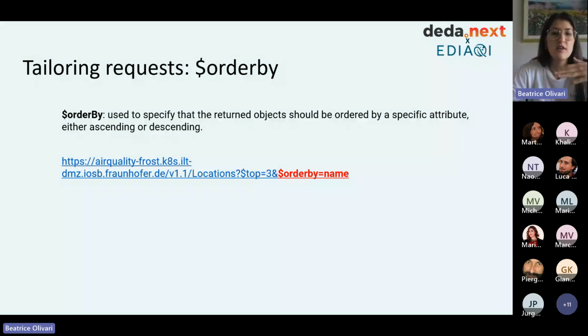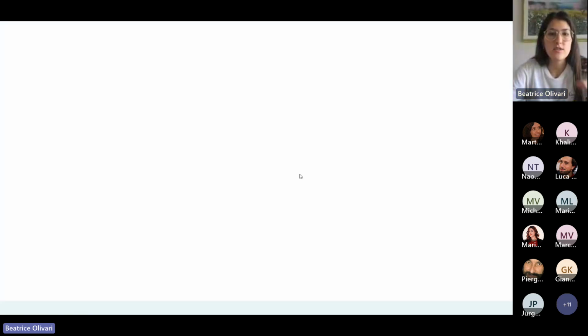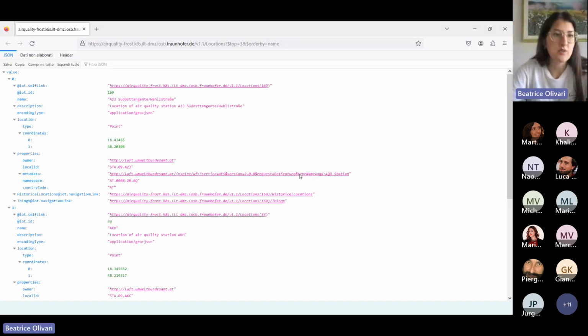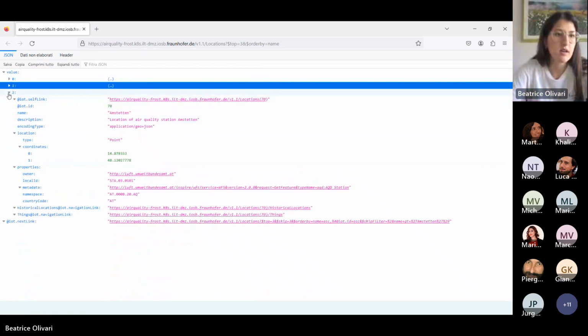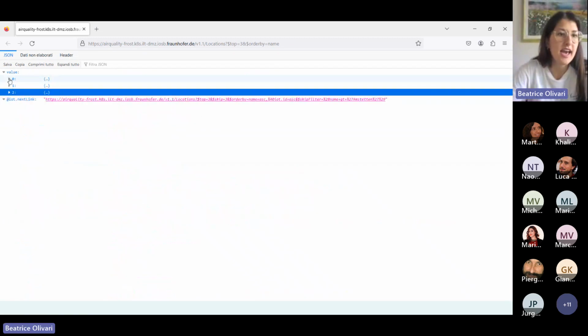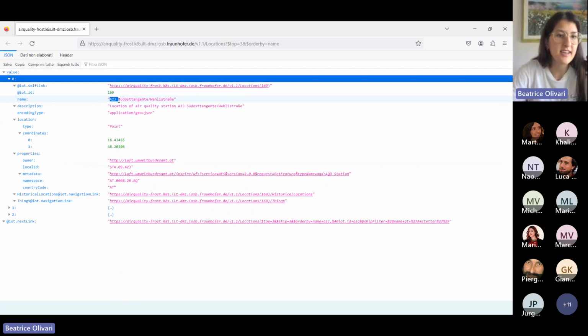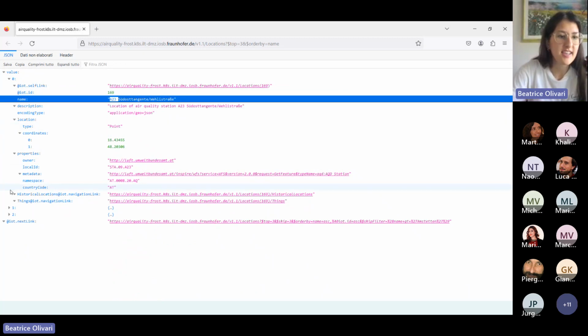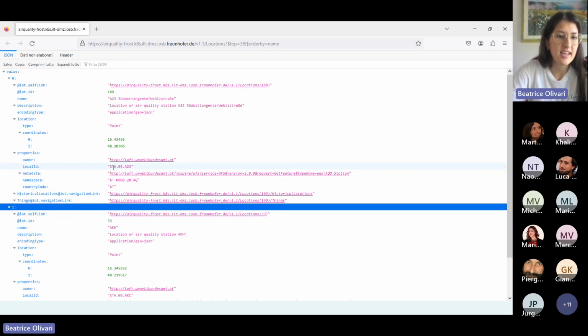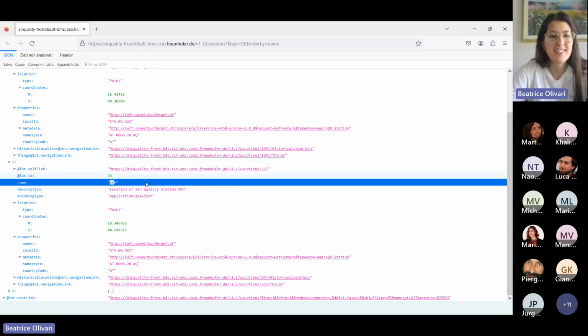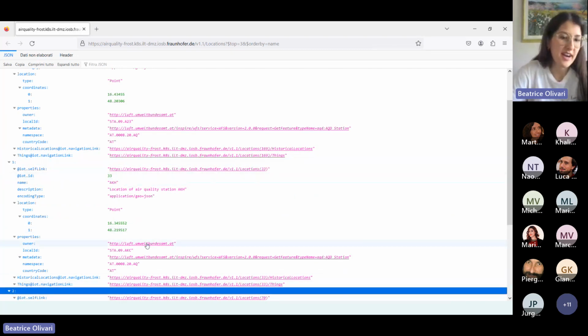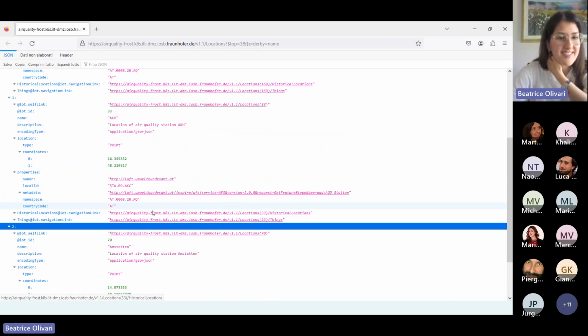For instance, if we have the locations, maybe we want them in alphabetical order. So here I took the top 3, I mean, 0, 1, 2. We can see that the first one is A23, the second one is the name AKH, and so they are actually ordered by name. The last one is this one.